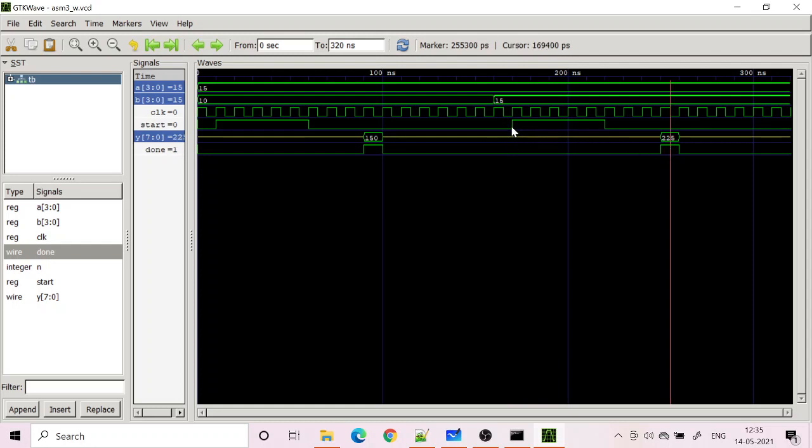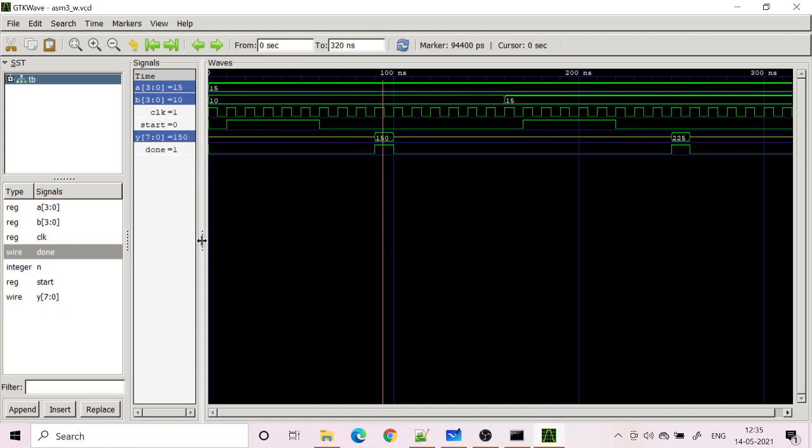Again, we need to count from the beginning of the start signal. So when the start signal goes from 0 to 1, from there if you count 8 cycles, you will reach the result. So this is how I want the output to be shown. You should be able to get the same thing by your programming. So you have to write the program in such a way that you will get this result. There may be various other programs available, but that may not show the result in this format, but I want you to do so.